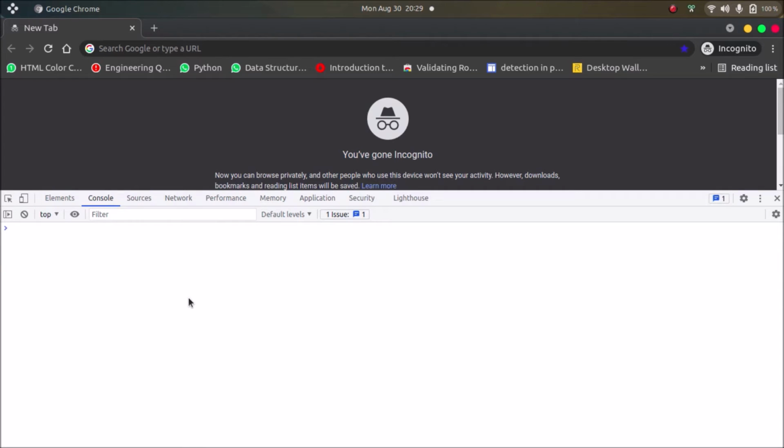Now, how is it different from session storage? So first, let's see what is session storage. Session storage is also used to save data locally on your browser in the form of key value pair. But the difference is that session storage will be cleared once the session gets expired or you close this tab. Okay. So the key difference between local storage and session storage is that local storage will store in your browser forever. It does not have an expiration date.